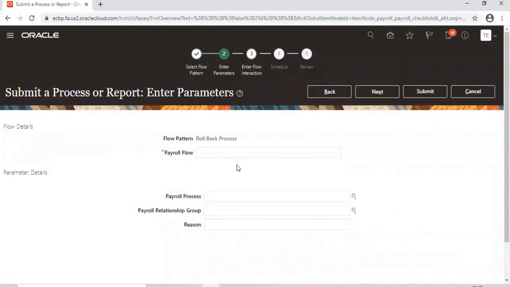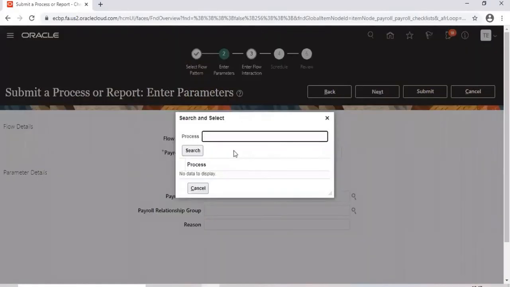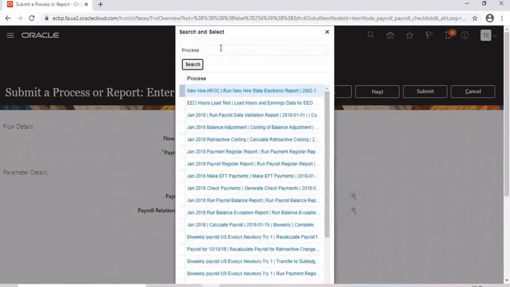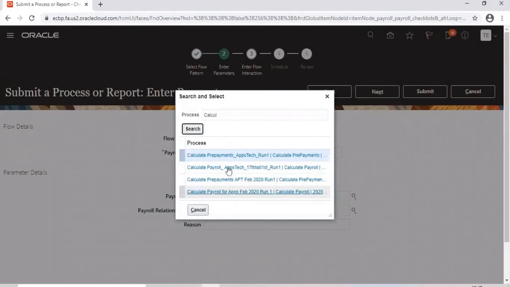Okay. So is it a payroll process? If you search it, we have given names, right? Yes. This is the reason I have given names. Suppose calculate. I have given a name for that, right? You see here, this is the name that I have given. Okay. Similarly, I have given one for prepayments. This is the name. Which one? Calculate prepayments. So these two.